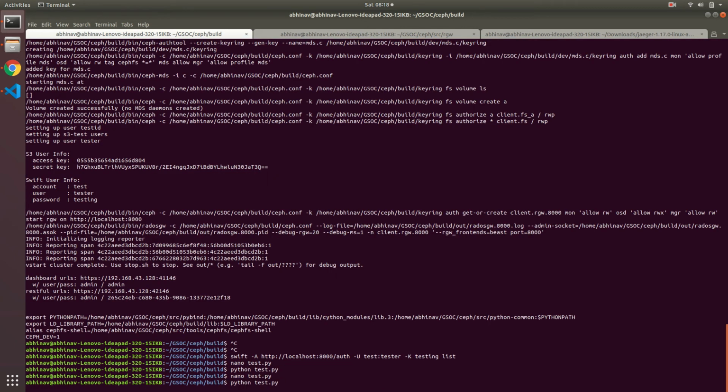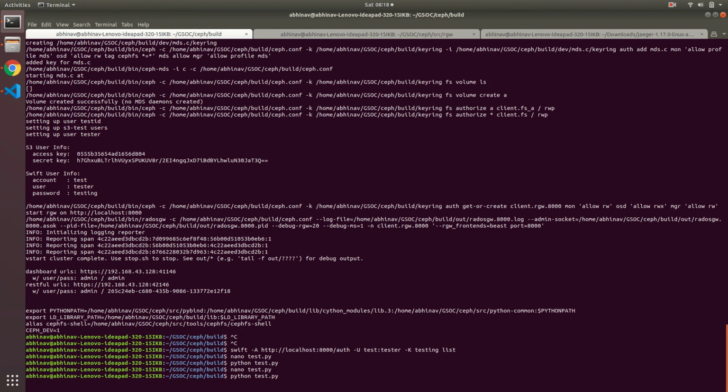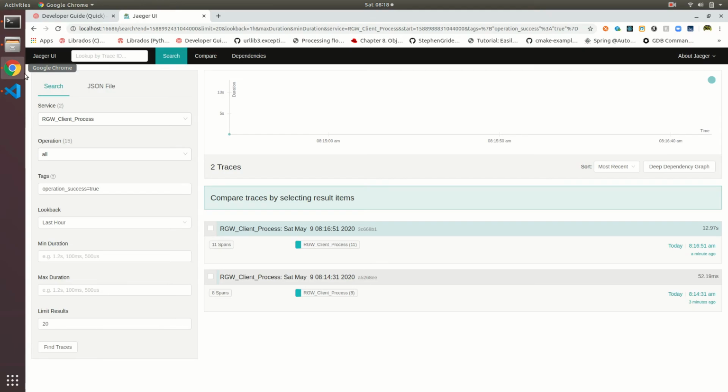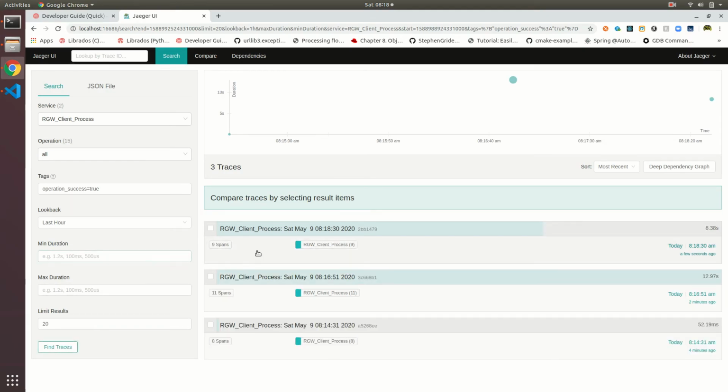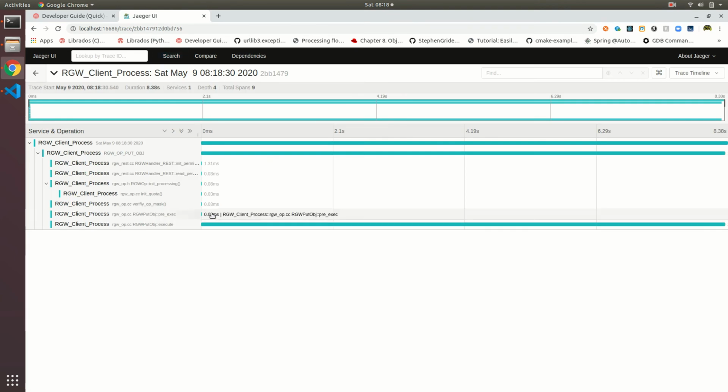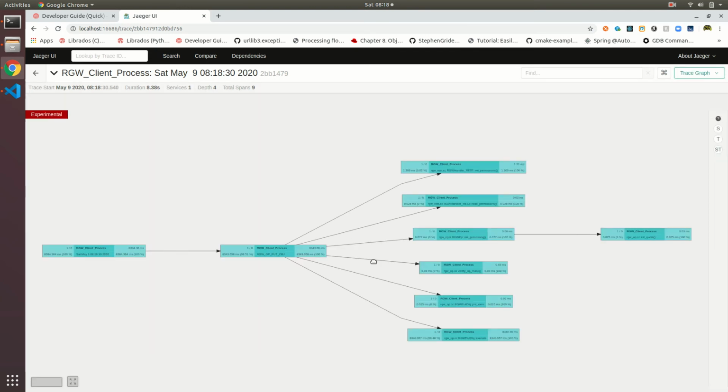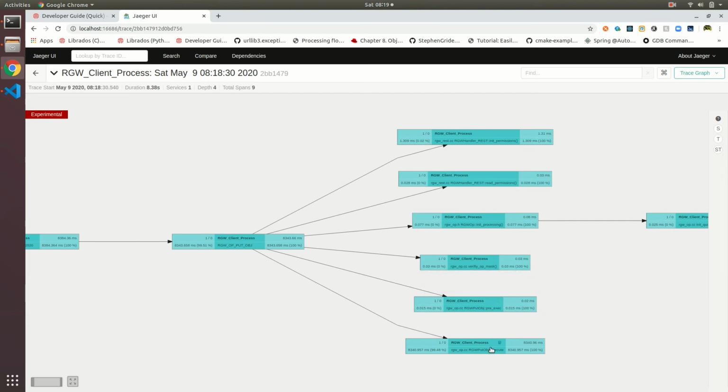I will again execute this. Yeah, my request is completed, and we will see its span. I do it again, and here I am getting this. This span is responsible for showing the traces for putting an object to my container. It took a total of 8.38 seconds, and here you can see RGW put object execute.